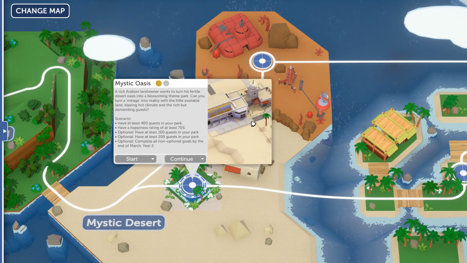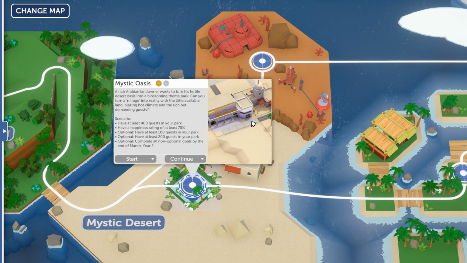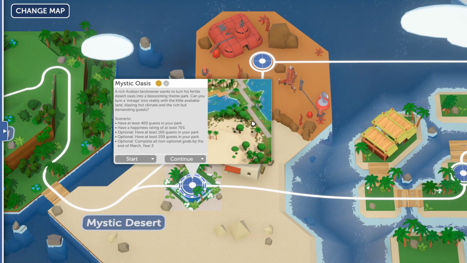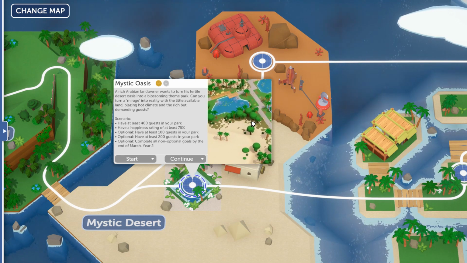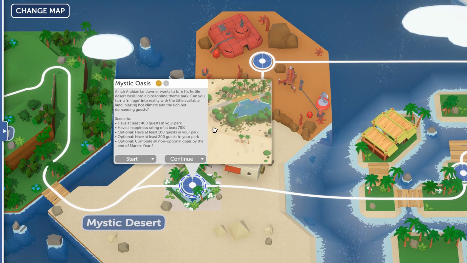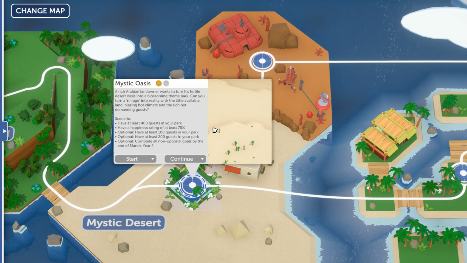Happiness rating of 75%. And then the optional goals are to get 100 guests in your park, 200 guests in your park, and do it by the end of March year 2. So really, we're going to look at doing this in a year if we want to get the 2 gold